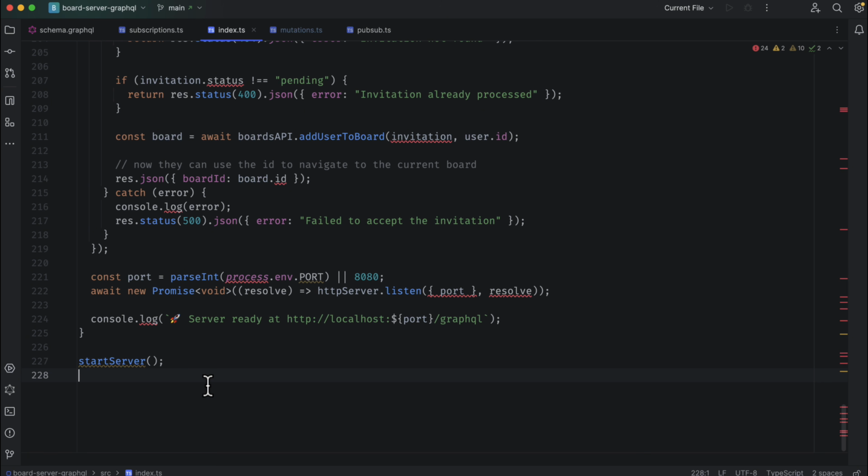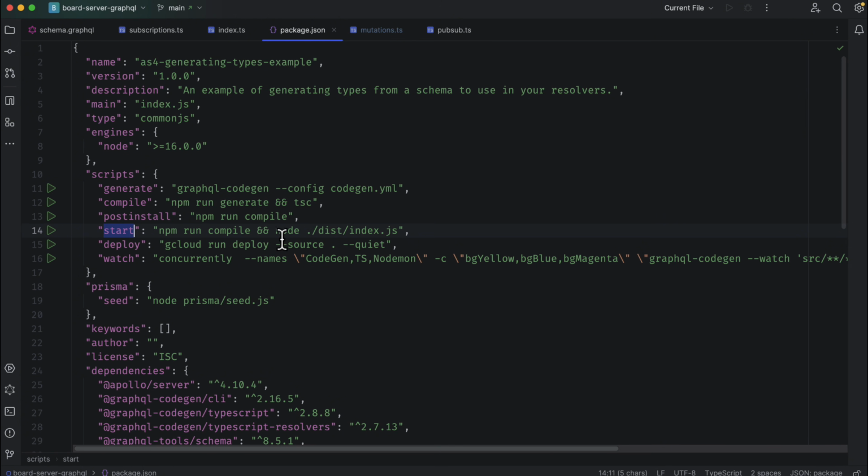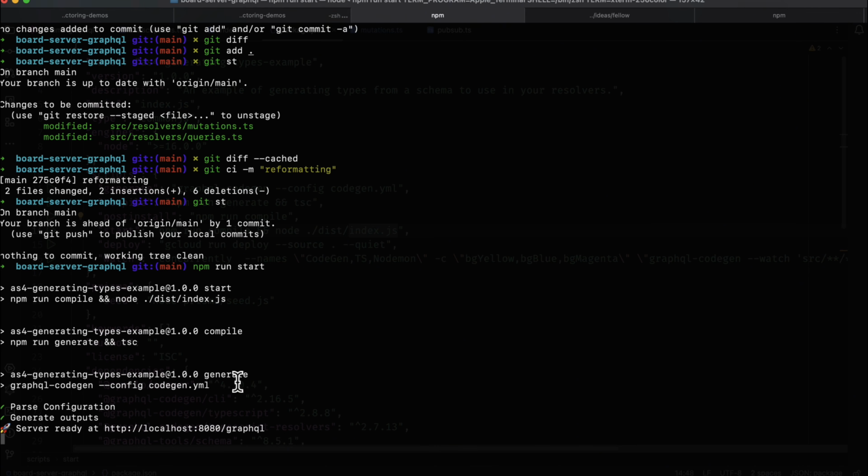There is a command called start, and the server will start the HTTP server as well as the WebSocket server. That means if I run npm run start from the backend server folder, it will compile the GraphQL, generate the data fetching part, and also start the server on port HTTP localhost 8080